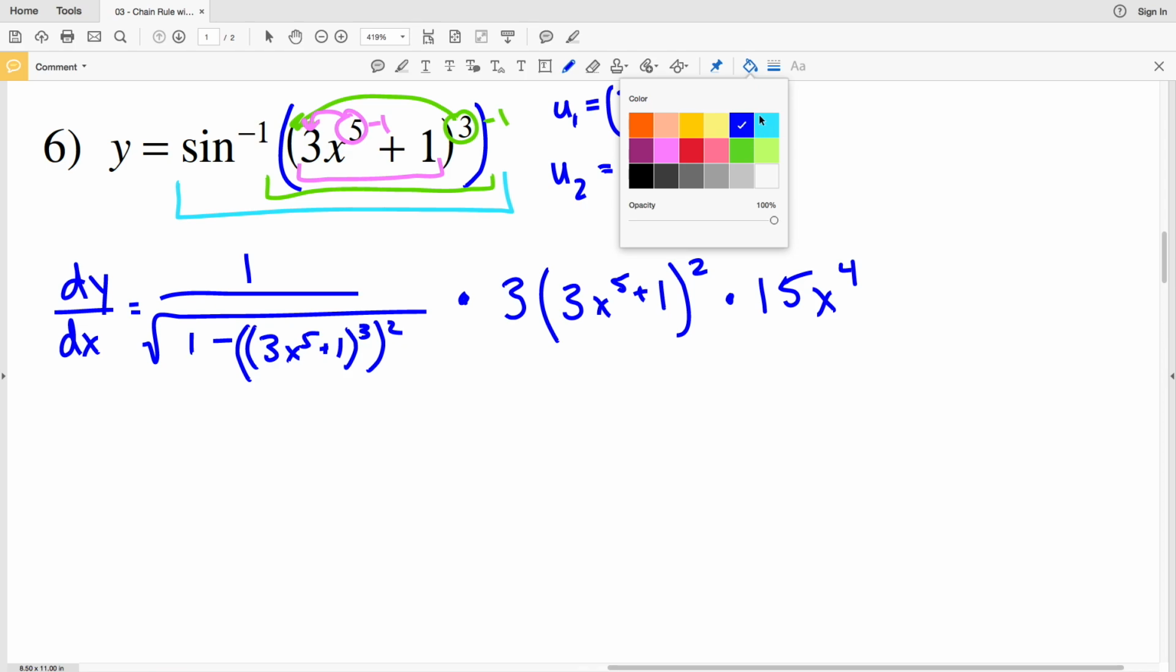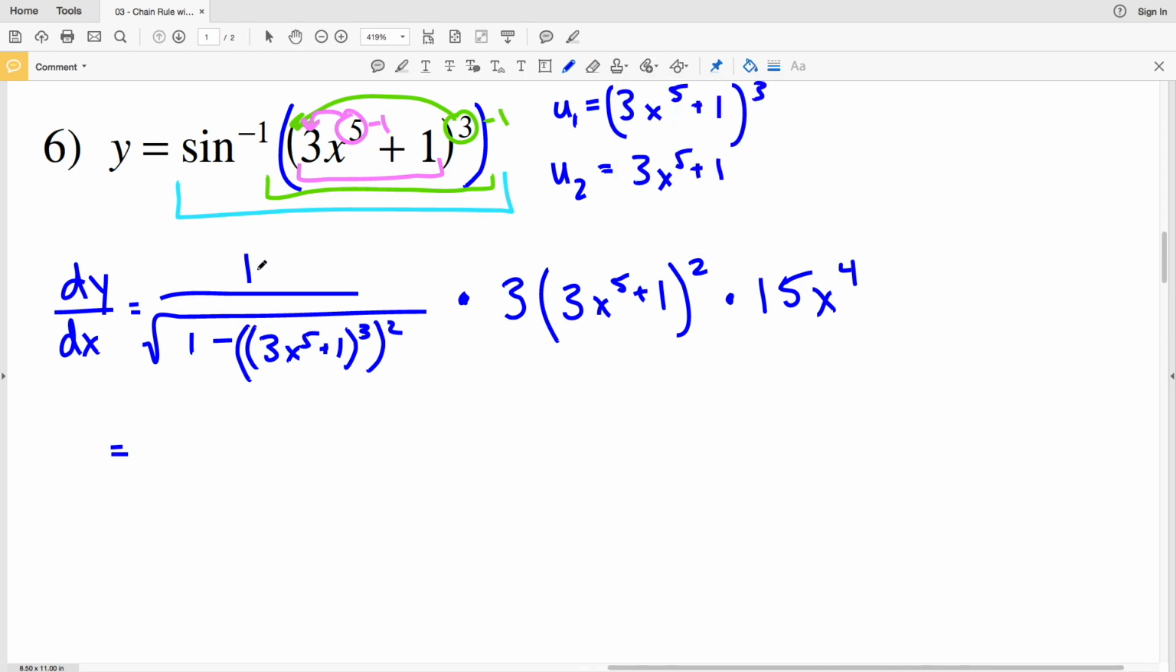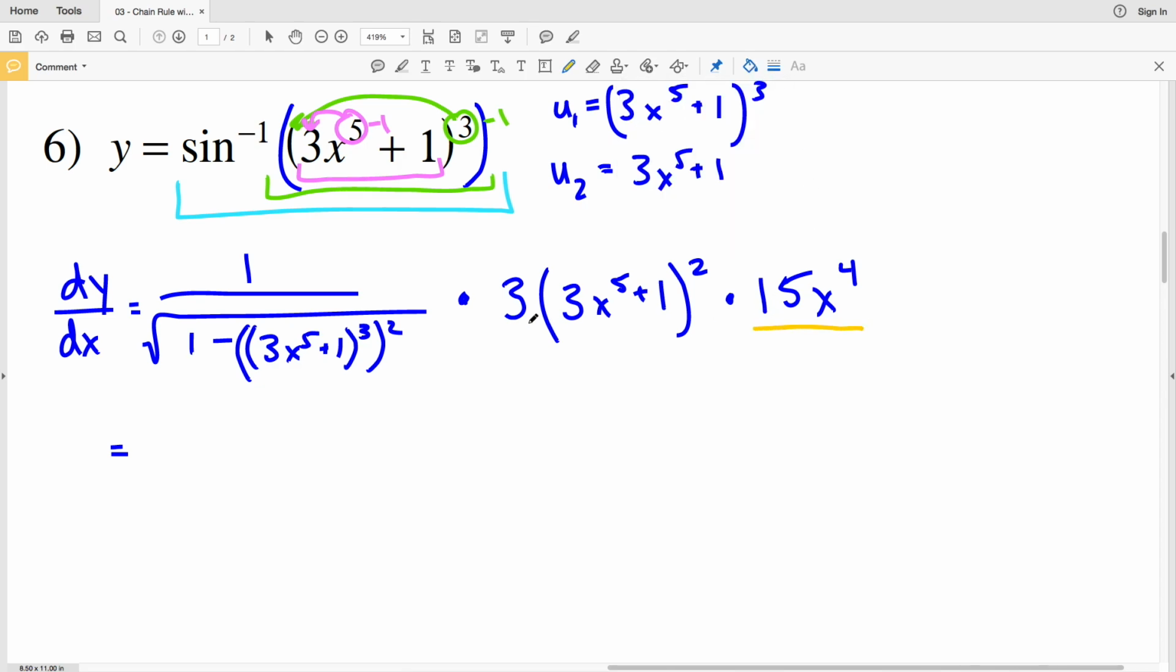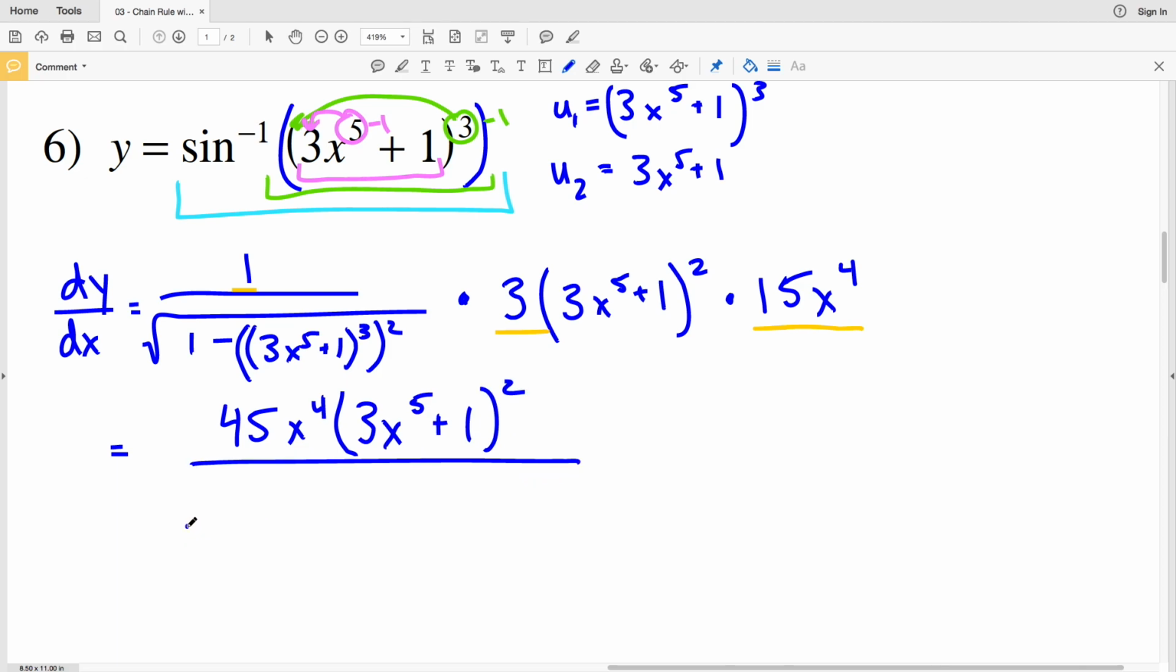Now it's time to simplify everything. So in my numerator, I'll have 1 times 3 times the quantity 3x to the fifth plus 1 squared times 15x to the fourth. So what I'm going to do is multiply my 15x to the fourth by 3, and then that will get multiplied by 1. So 3 times 15 is 45, so that'll be 45x to the fourth, and then that gets multiplied by the quantity 3x to the fifth plus 1 squared. And that's all over my denominator. So the square root of